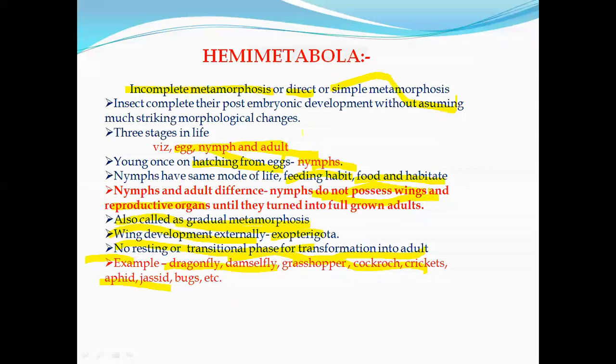So that is the overall hemimetabola, or direct metamorphosis, or incomplete metamorphosis, isn't it? So this is the complete information about hemimetabola. Okay, so these are the major types of